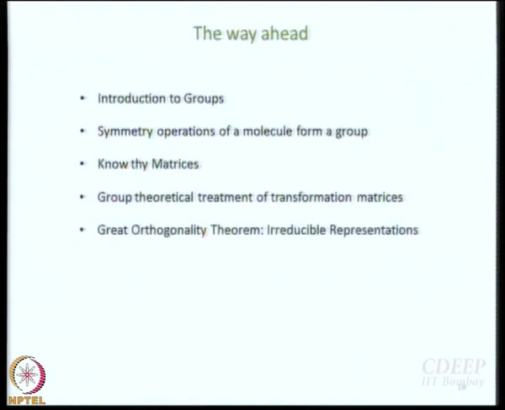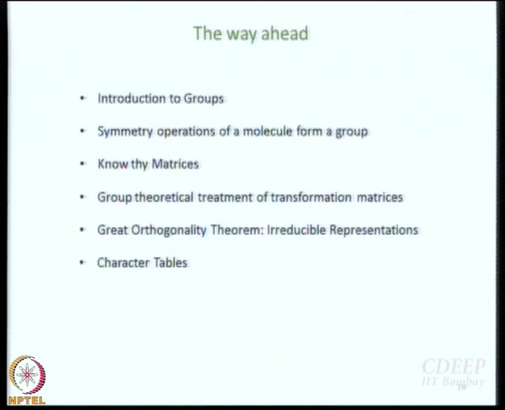Hence, we reach our primary goal, the great orthogonality theorem, and as we will see, the great orthogonality theorem will answer all these questions that we have. How many irreducible representations are there? What is the dimensionality of each of these representations? And then finally, what are these representations? Everything you can work out once you have mustered enough courage and crossed this activation barrier posed to you by group theory and matrices. Okay? It will take us maybe a little more than a week to get here.